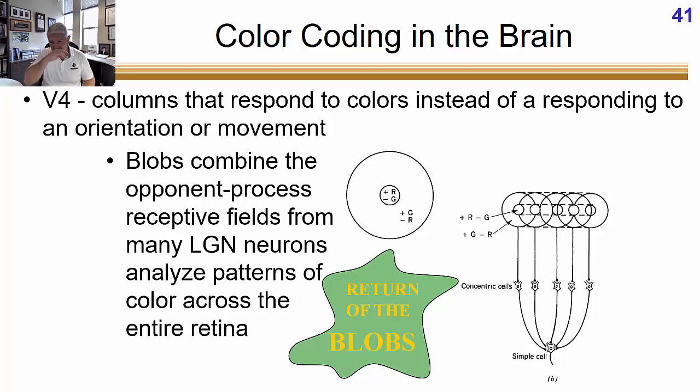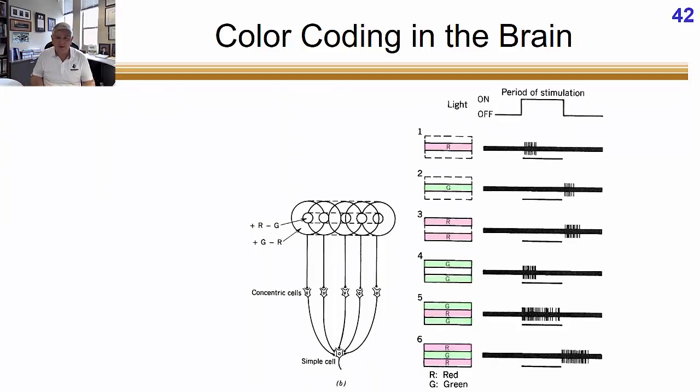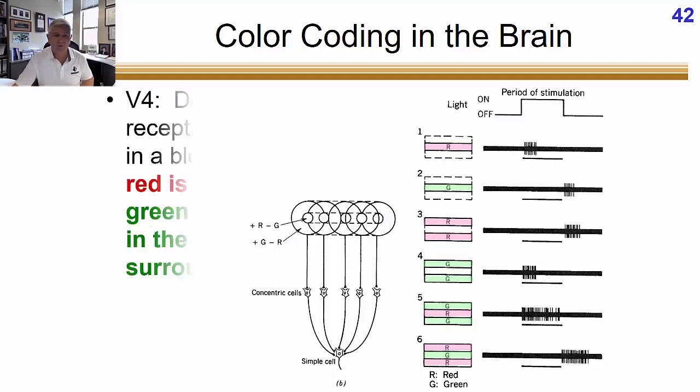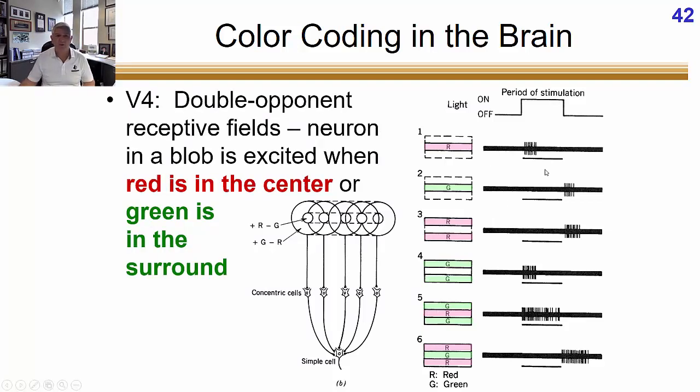In this case, this would be a red horizontal line surrounded by a red inhibitory surround, right? Or a green excitatory surround with a green inhibitory in the middle. So for that example, these are the different types of signals that we could get. And this is called a double opponent process because we're coding for both red and green in the center. It's just red is excitatory and green is inhibitory. And we're coding for red and green in the surround, where red is inhibitory and now green is excitatory in the surround. Pretty crazy. Told you it gets complicated, right?